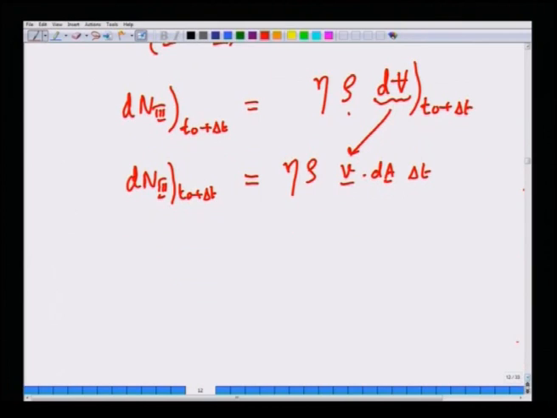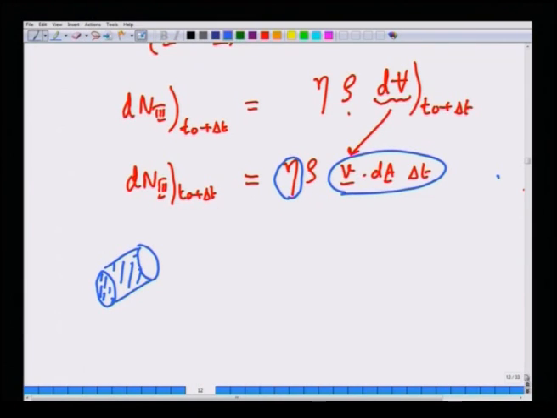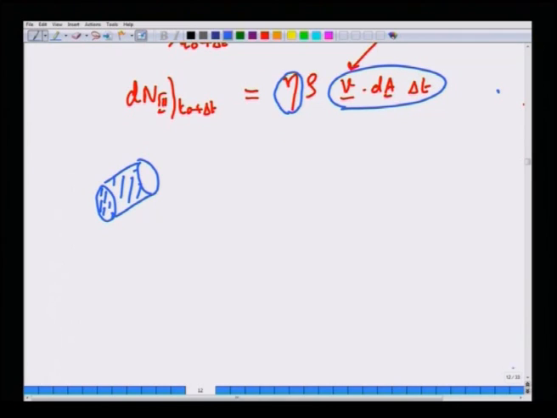This is the extent of change that you will encounter because of the motion of the fluid through a tiny patch of the control surface, and therefore there is a new tiny volume that is created. And what is the change in mass, momentum or energy due to this volume? That is this term. So, you take the quantity, either mass, momentum or energy, multiplied by the per unit mass, that is eta, multiplied by rho, that gives you per unit volume, times the volume itself, which is this.